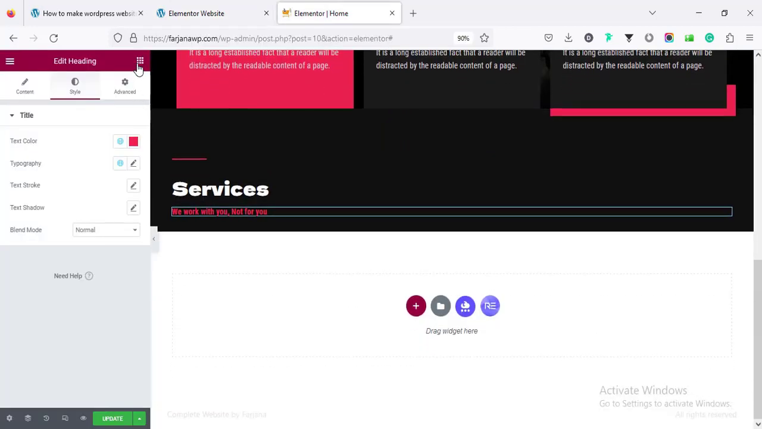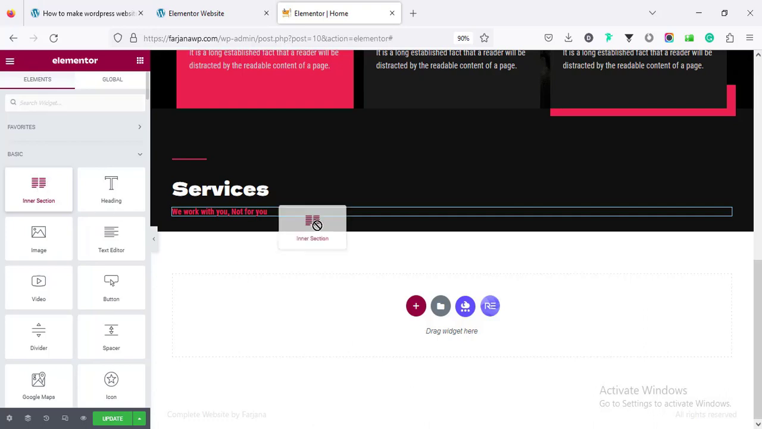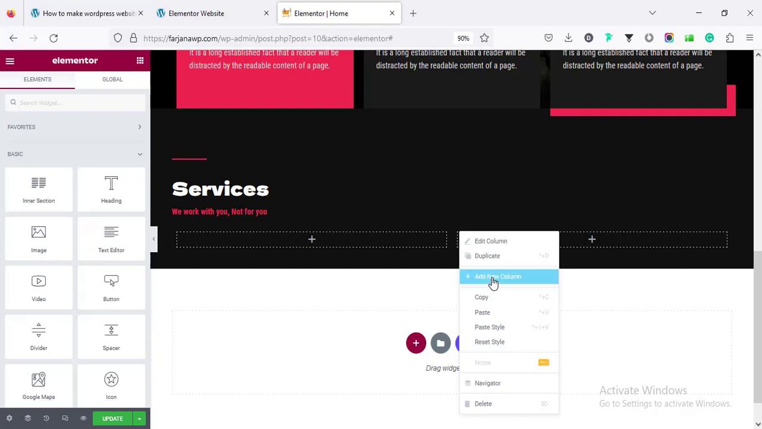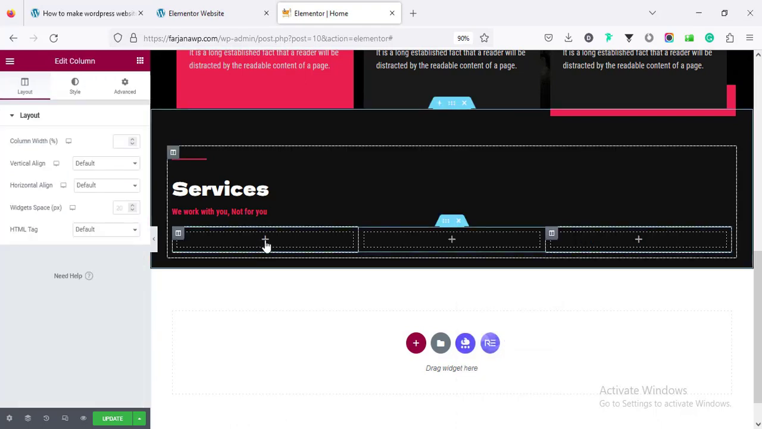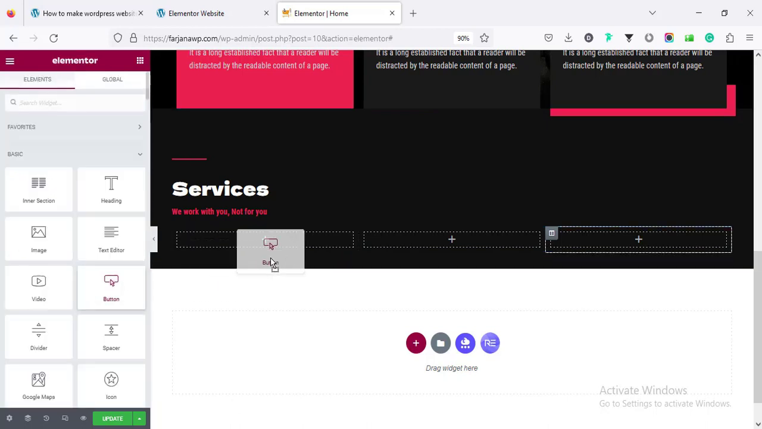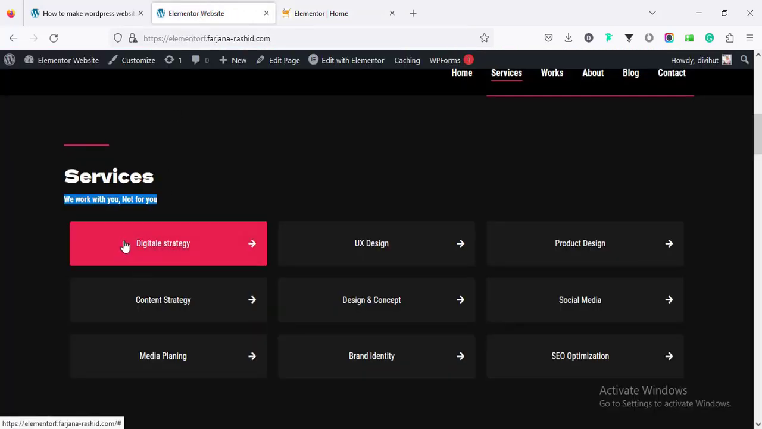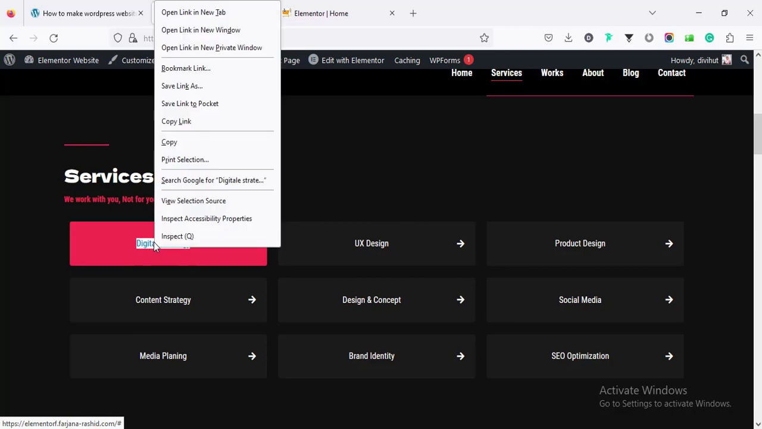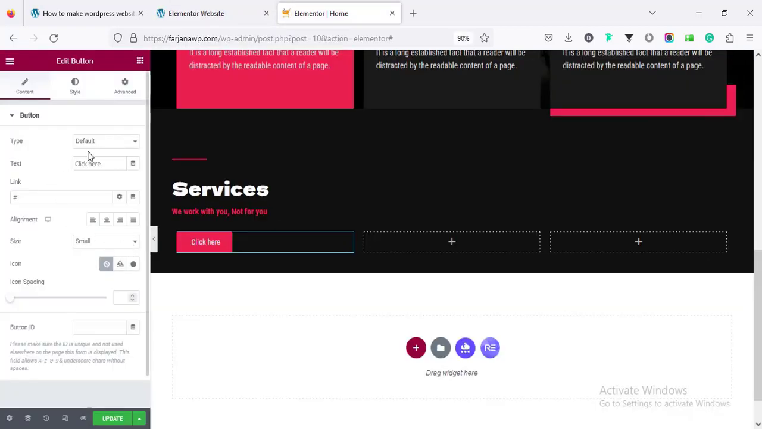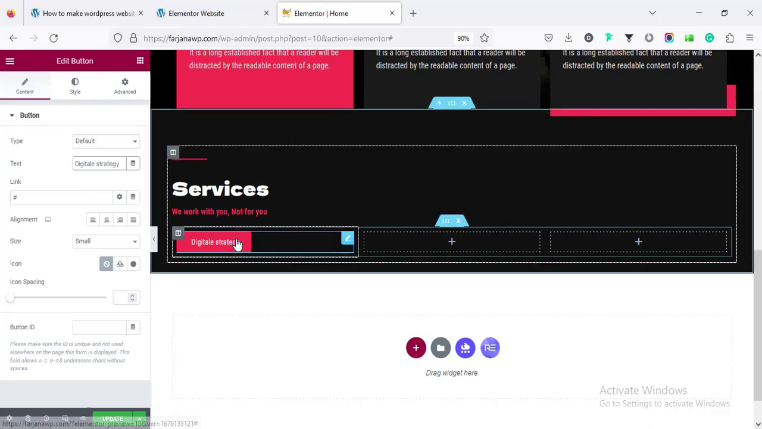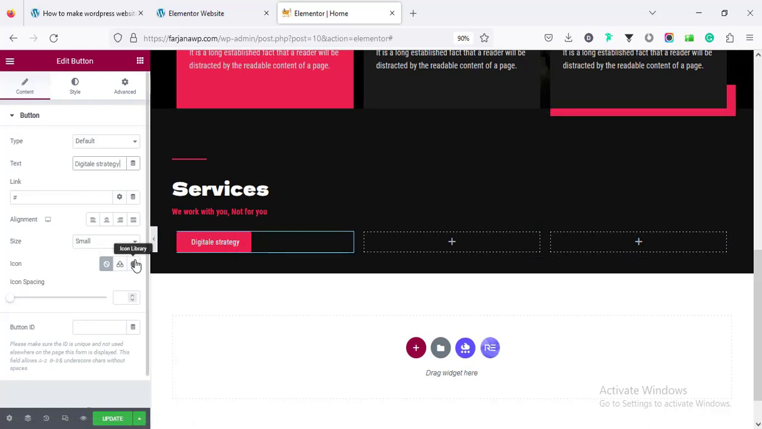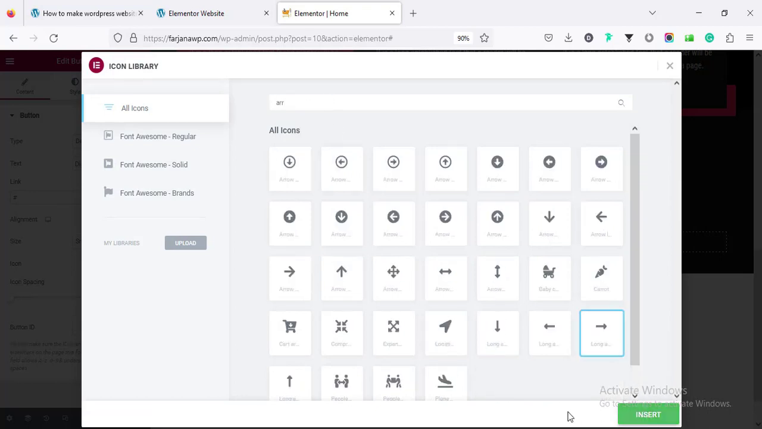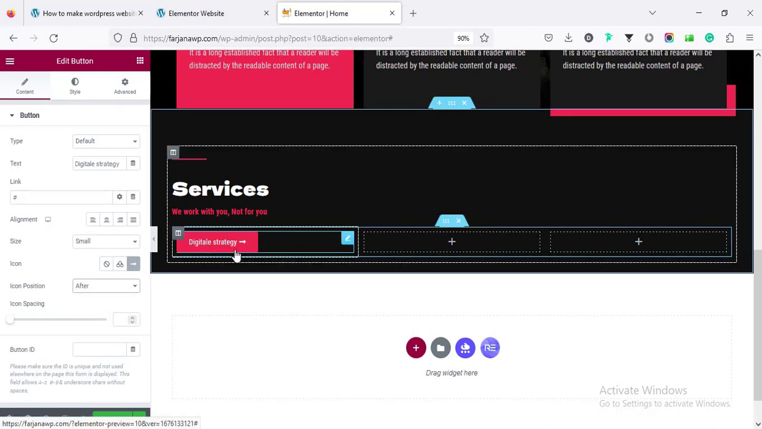So again taking an inner section, taking another column. Now for the first one, click on this plus icon and I'm taking a button. I'm adding the text, going for the first one. Copy this text and going to add an icon with this. So going to icon library and searching for arrow, taking this arrow, making it to after,